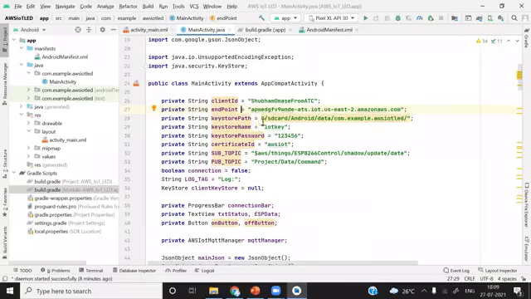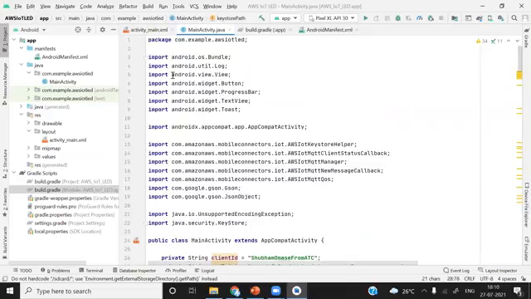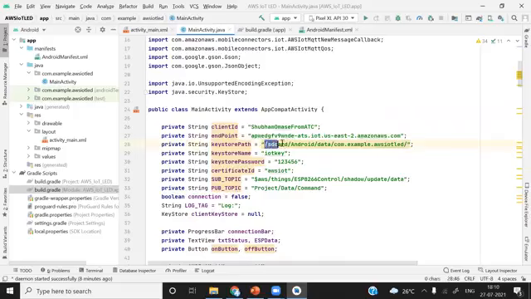After this, the key store path: SD card, Android, data, com.example.AWSIoTLED. You can see this one, and here is the package name. So we have to create this directory. We can do it manually as well as automatically. You have to write some Java code to create a directory in the root folder. So we are going to see what methods there are to store our key store in this path. There are several methods. Three methods we are going to talk about today. We are going to implement two of them, and I will just explain the third one.